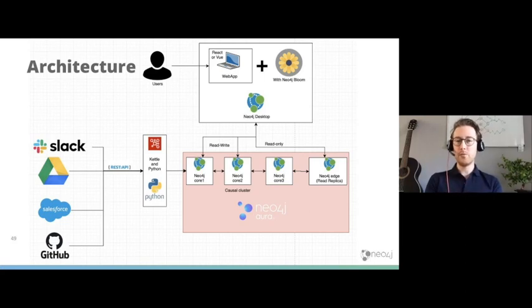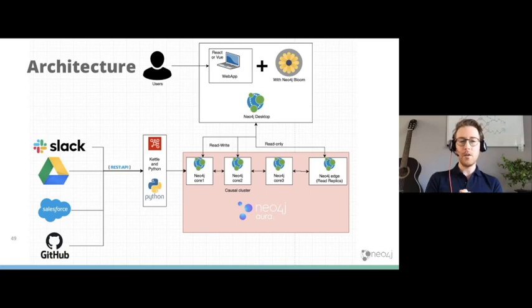We use Salesforce to integrate with our customers, so we can link channels in Slack and Google Drive folders with our customers in Salesforce. And we use GitHub for looking for skills in our Git repository. Once you define all the data sources, you want to load them into Neo4j. How we did that on this demo is by using, as Jan mentioned, Kettle and Python.